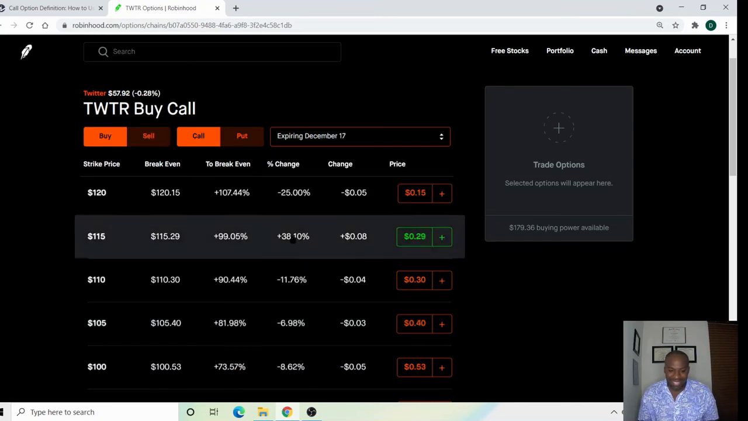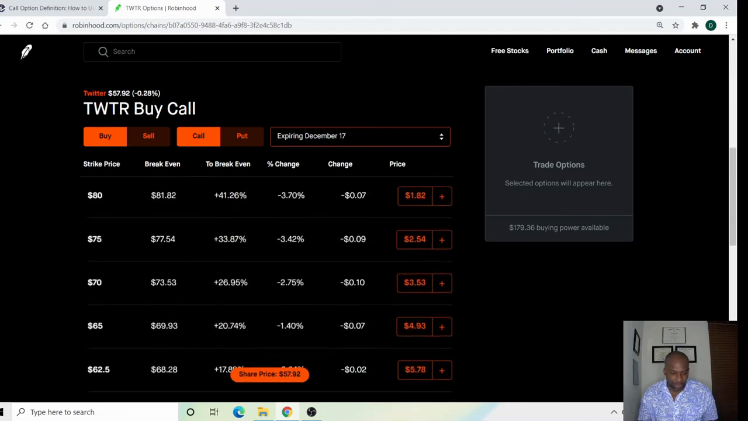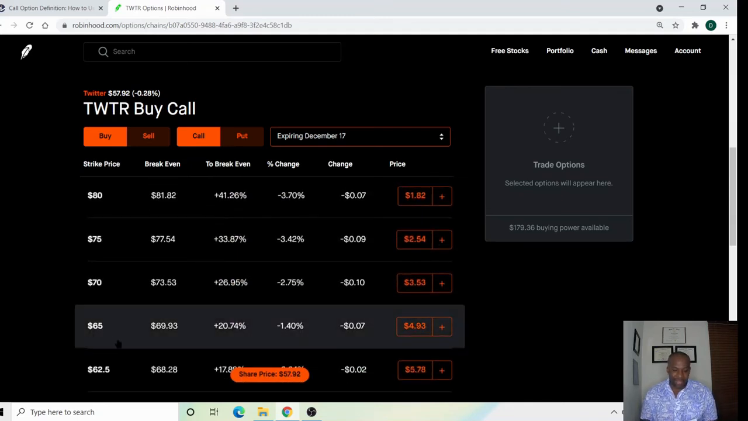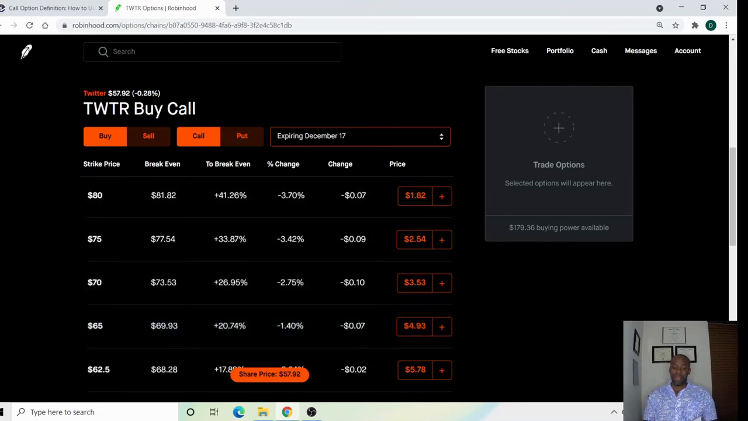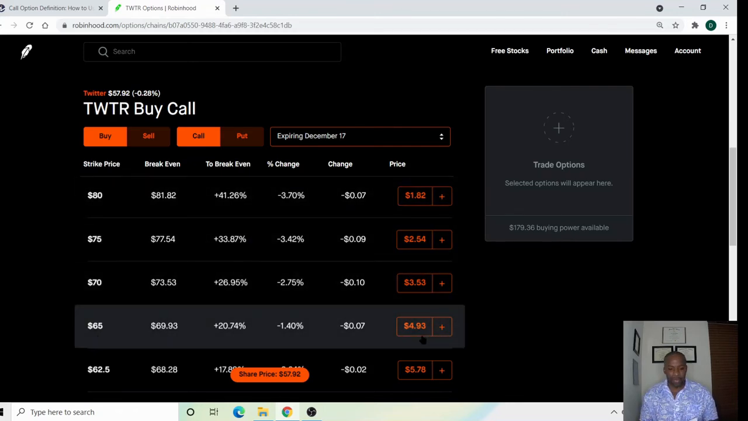Now, I did buy some Twitter options, and let's take a look at the option I bought. I bought the December 17th $65 strike price on Twitter because I believe by December 17th, Twitter will be well above $65. I could very well be wrong, but I set out a far enough expiration date. I bought on May 11th,